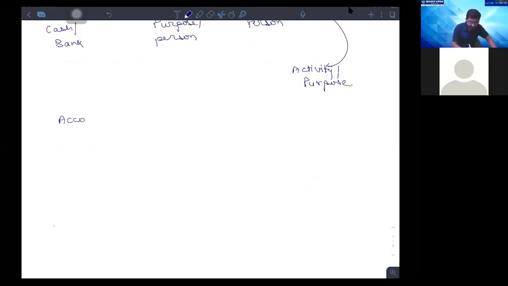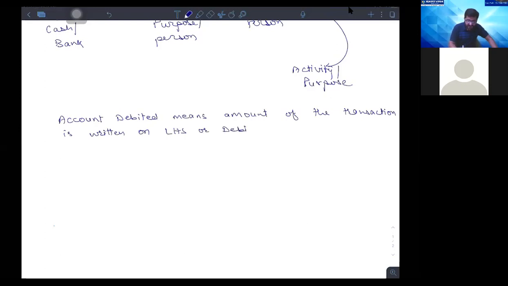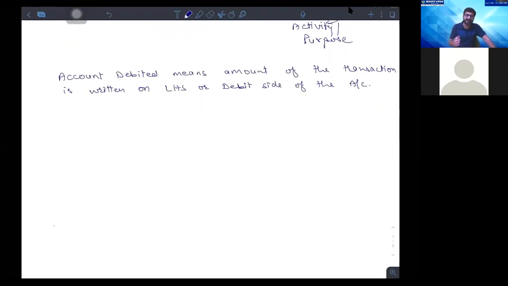Account debited means the amount of the transaction is written on the left hand side or debit side of the account, right? अब उसके आगे क्या लिखेंगे, क्या रेफरेंस आएगा, वो सब हम लोग सीखेंगे, पर अमाउंट कहां लिखा जाएगा उस ट्रांजैक्शन का, तो डेबिट साइड में।